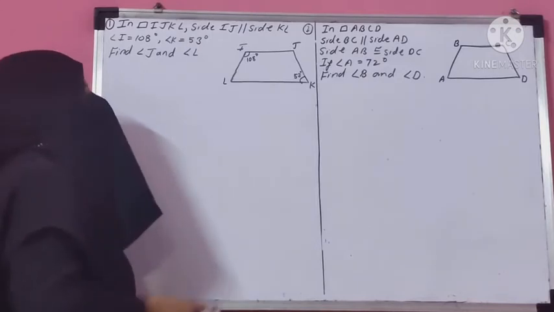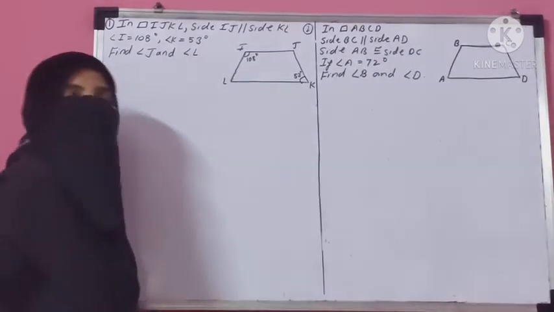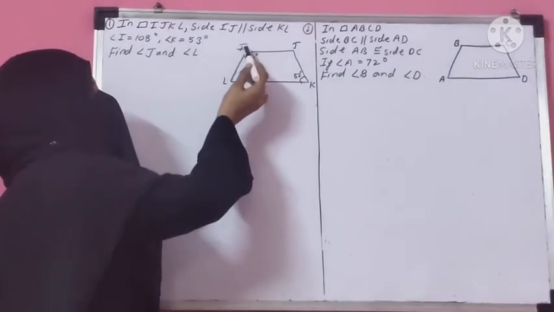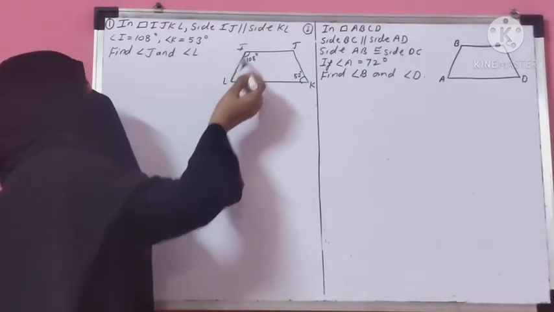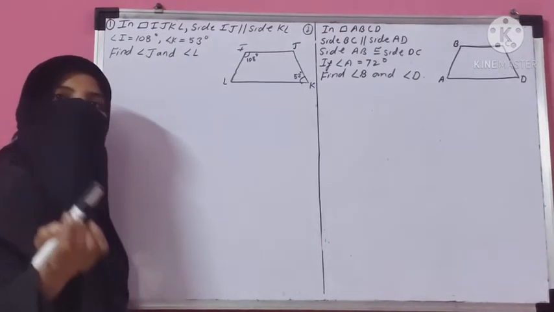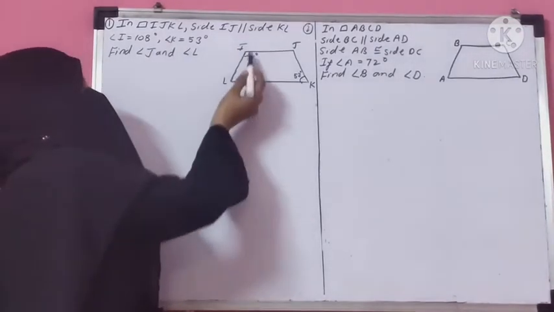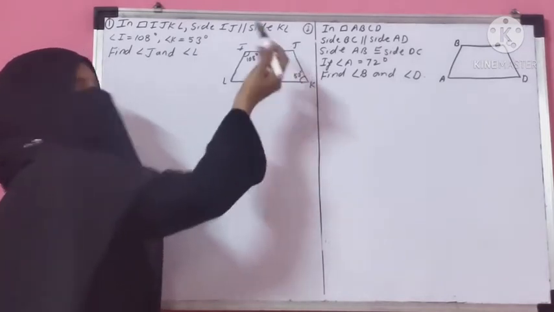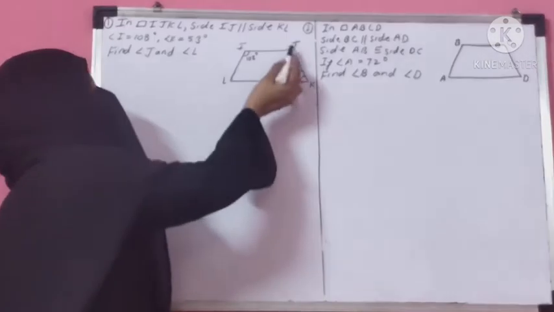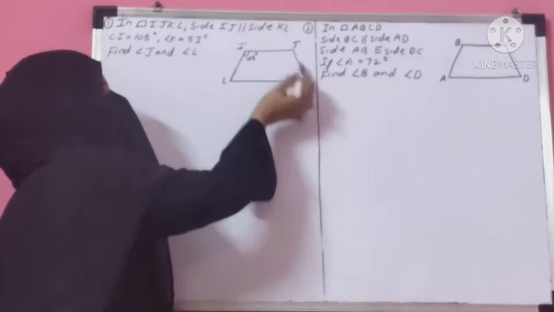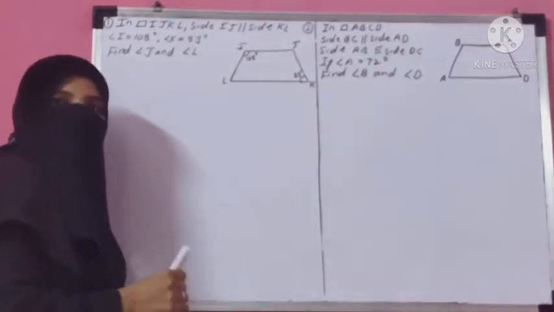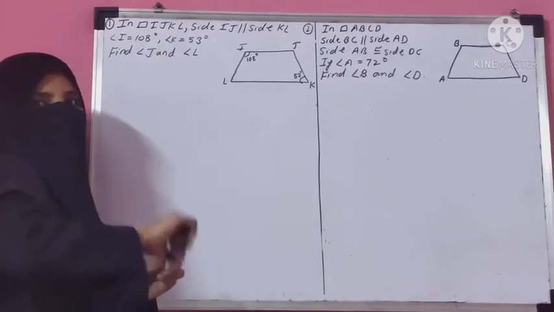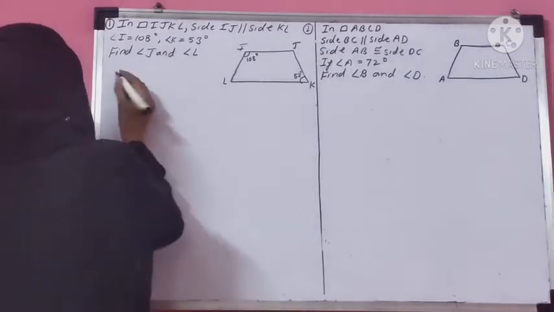Okay, it's very easy. You know, adjacent angles of a quadrilateral are supplementary. So these two, angle I and angle L, are adjacent angles, and adjacent angles are supplementary. So you can easily find angle L. Now similarly here, adjacent angles are supplementary, so you can find angle J by using the supplementary concept. That means adjacent angles of quadrilaterals are supplementary. So let's start the solution.